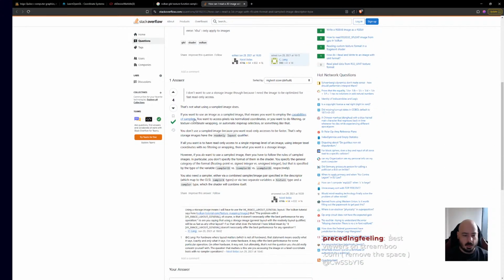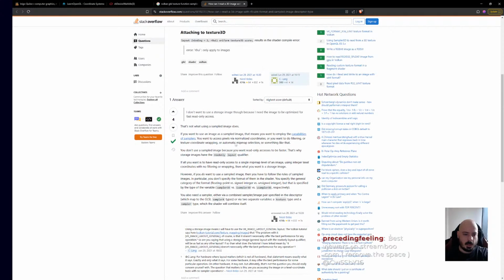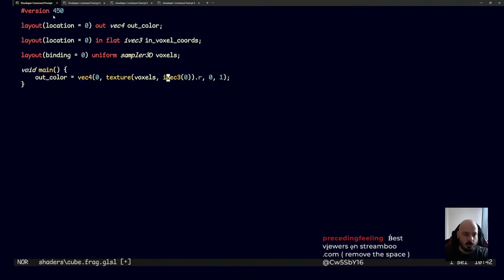It means you want to employ the capabilities of samplers. You want to access pixels via normalized coordinates, or you want to do filtering. You don't use a sampled image because you want read-only access to be faster. That's why storage images have read-only layout qualifier. If all you want is to have read-only access to a single bitmap level of an image using integer texel coordinates with no filtering or wrapping, then what you want is a storage image. Oh. However, if you do want a sampled image, okay, but sounds actually like I want a storage image and not a sampled image,